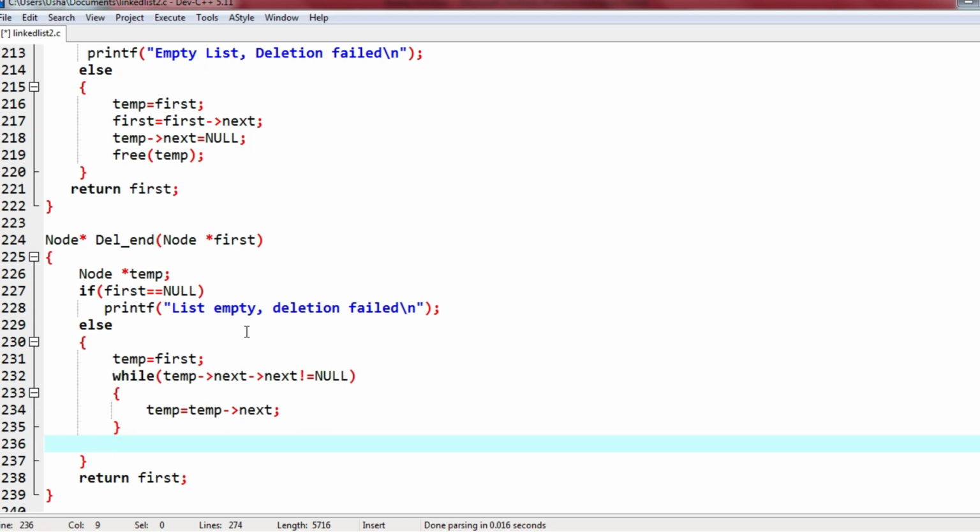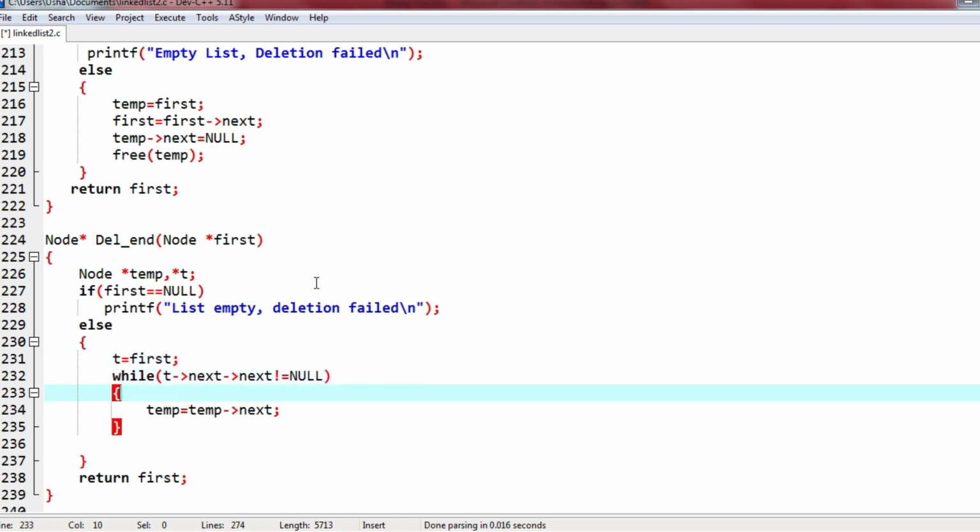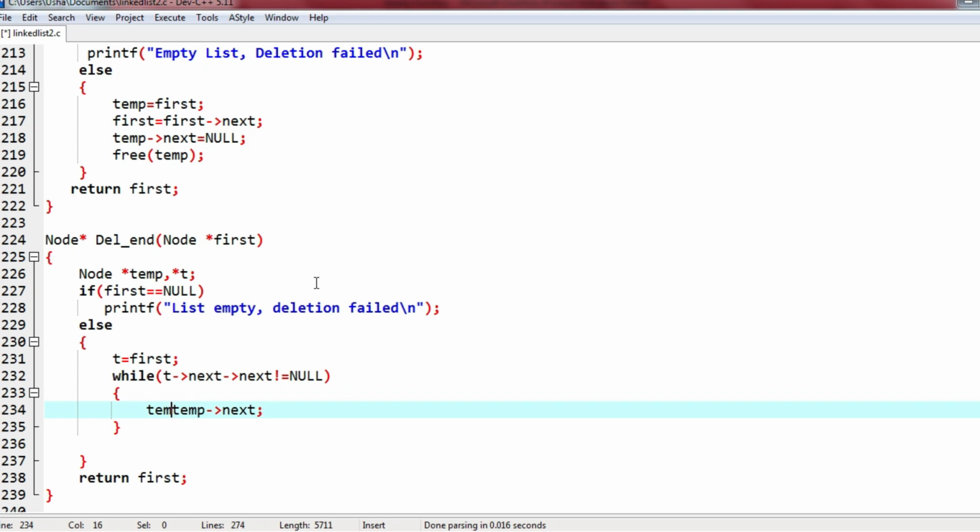Okay, so I will have one more pointer here. Let us keep the code standard. So I'll give t equals to first, while t next not equal to null, t equals to t next.